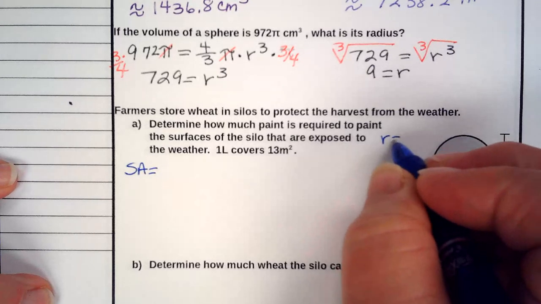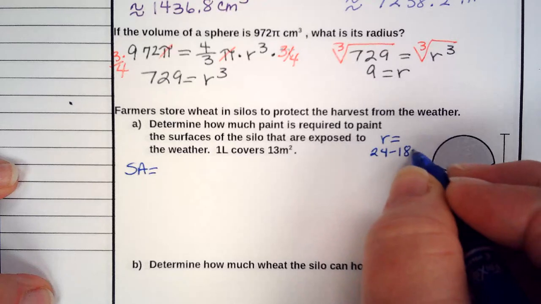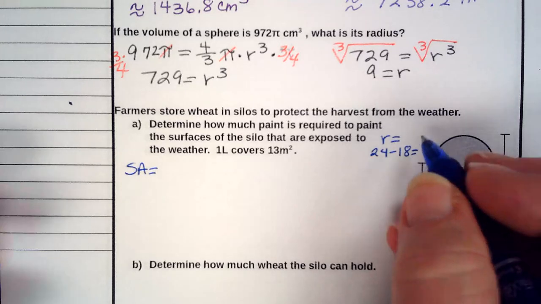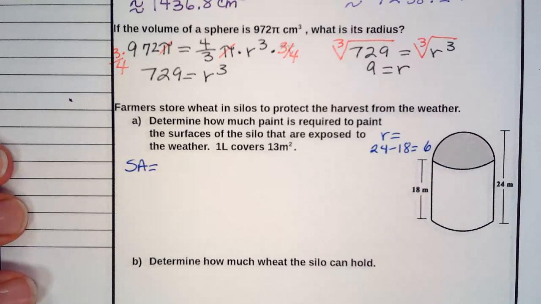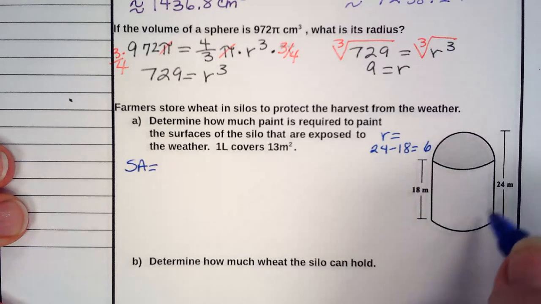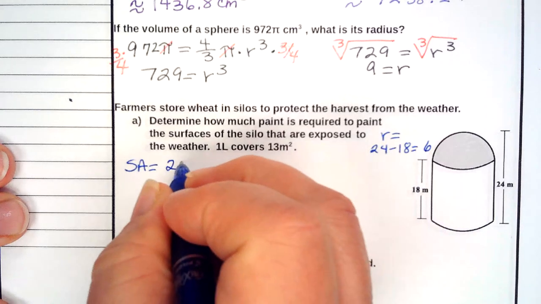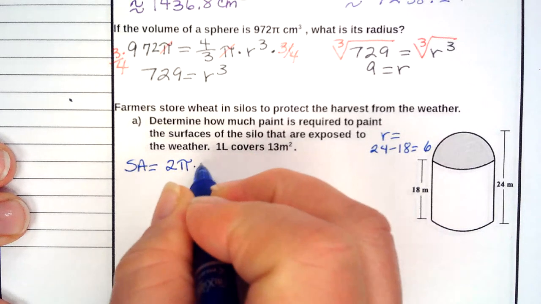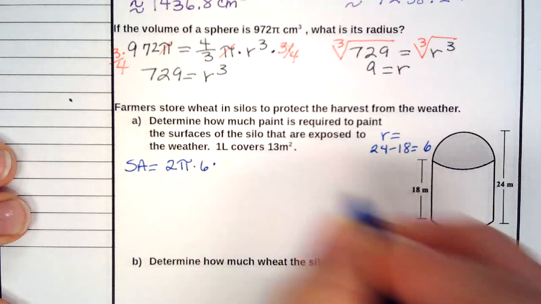So my radius will be equal to 24 minus 18. 24 minus 18 is 6. I've got my radius. Okay, for the perimeter here, it will be 2 times pi times 6 times my height, which is 18,